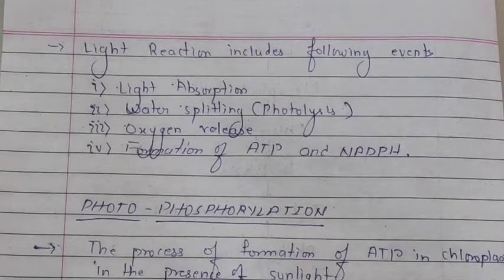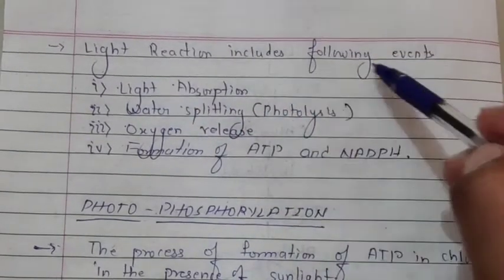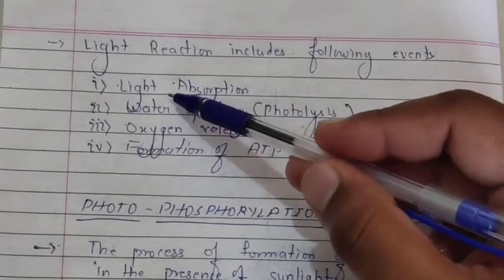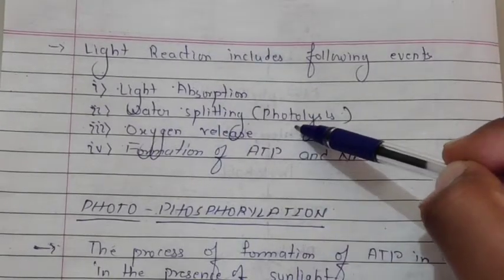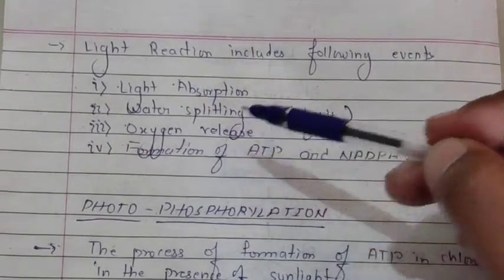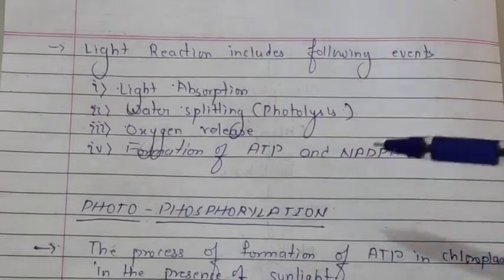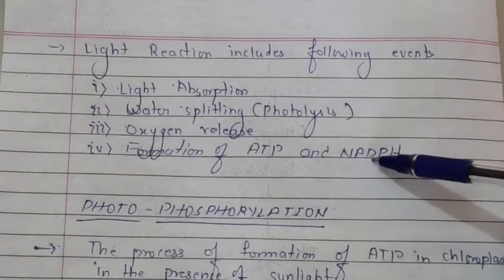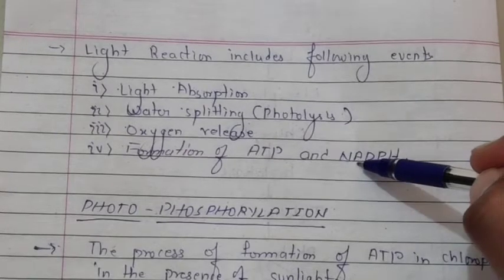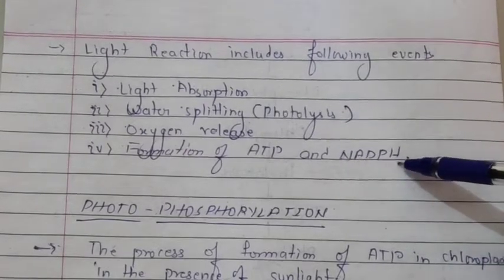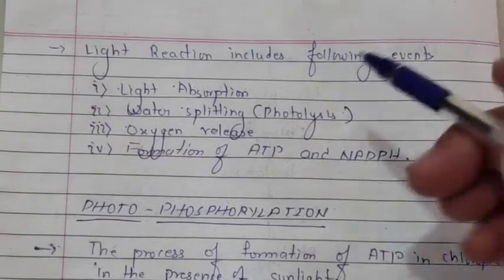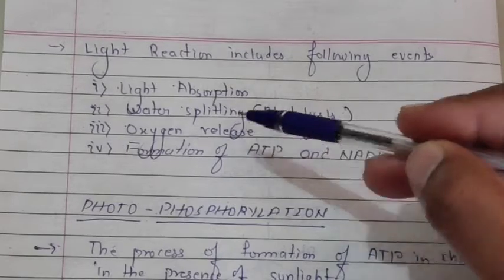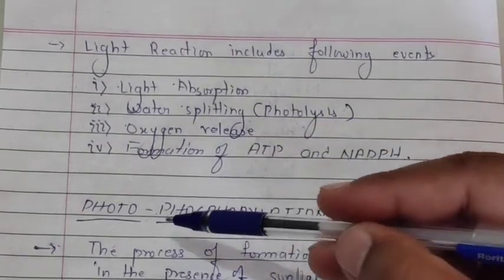In this video, we are going to learn about the light reaction of photosynthesis. Light reaction includes the following events. First event, light absorption. Next, water splitting, which is also called photolysis. Then release of oxygen. Then formation of ATP and NADPH. NADPH full form is nicotinamide adenine dinucleotide phosphate, H here is the reduced form. Clear? So now all these events we are going to study under the heading